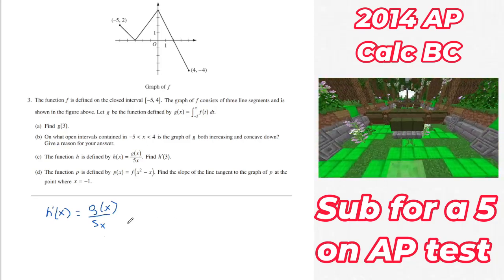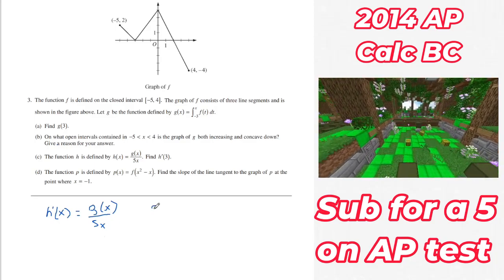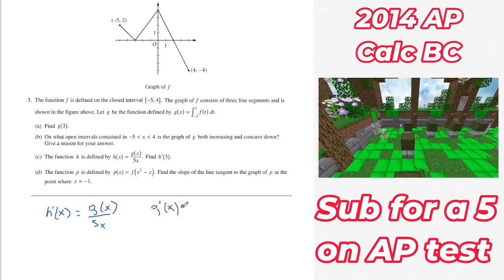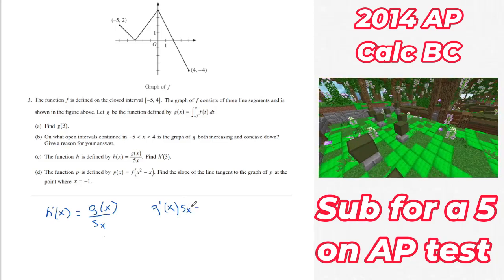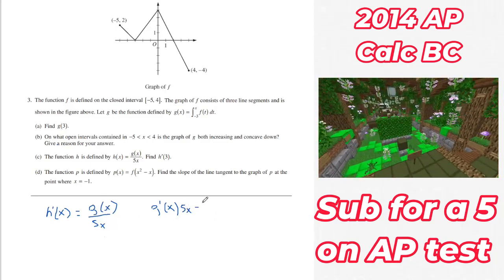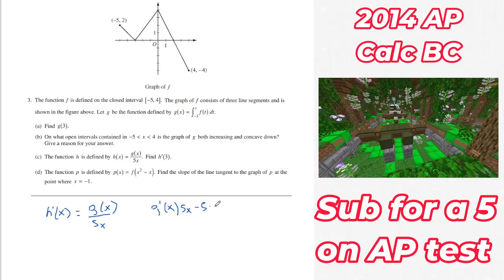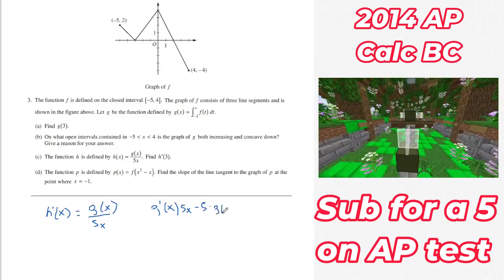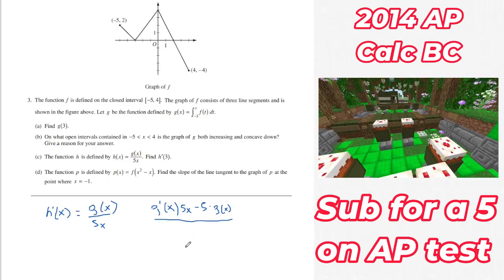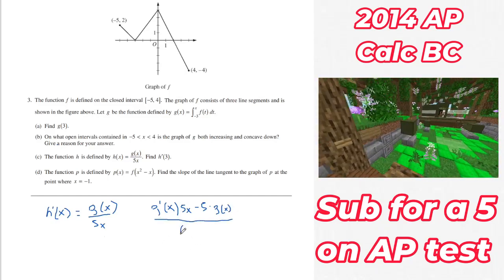So what we do is we have g prime of x times 5x minus the derivative of the bottom, 5, times g of x, divided by the bottom squared. So 5x